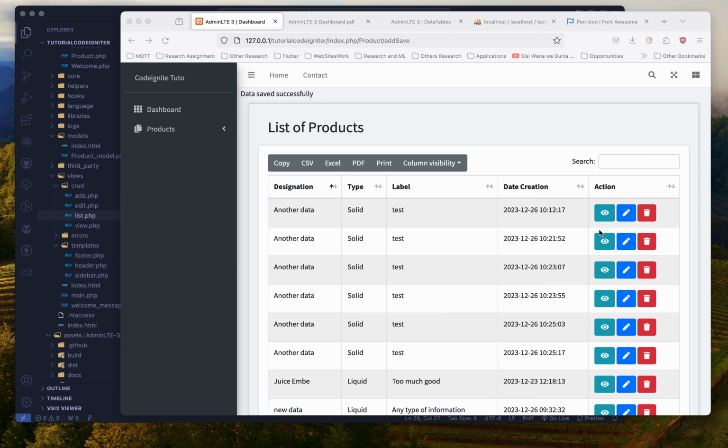Now sorry, let me come and update the copyright. Because this copyright is from AdminLTE, I don't need it anymore. I will come here in my footer. That is why you can see I just change in one version. This is my version, like 1.0.1, and I say all rights reserved, and the copyright is here, and I can come here. You can come here by yourself, but for me I just add